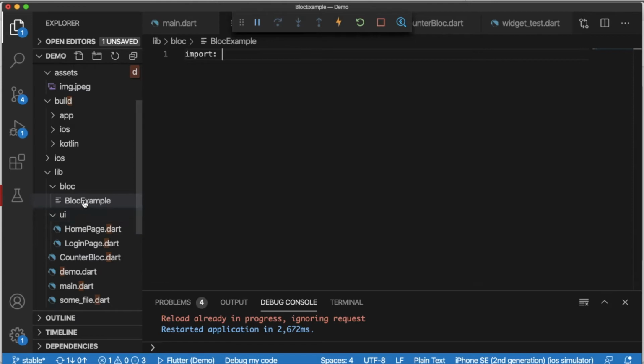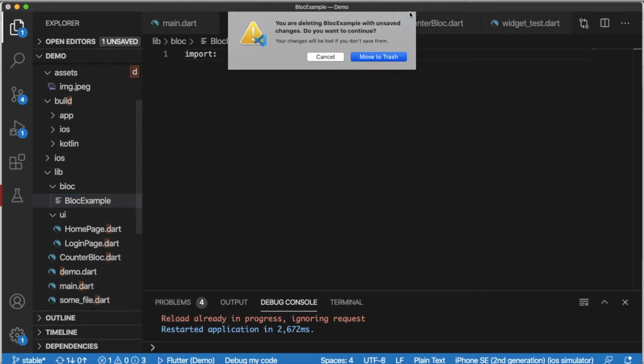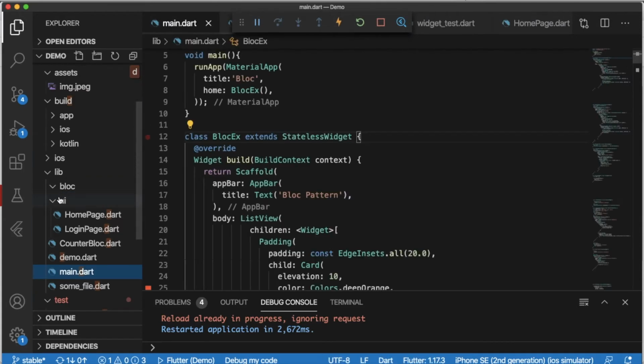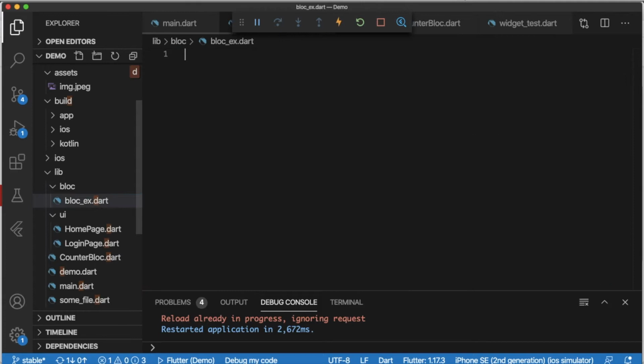Actually, we will create a file like bloc_ex.dart.